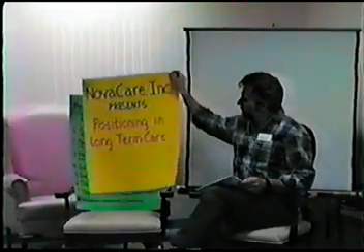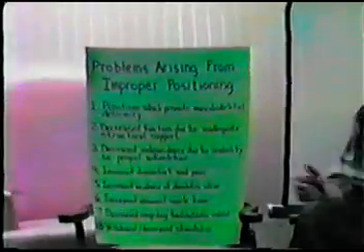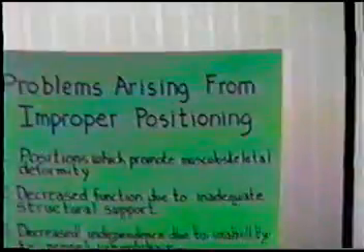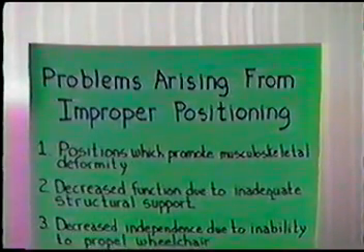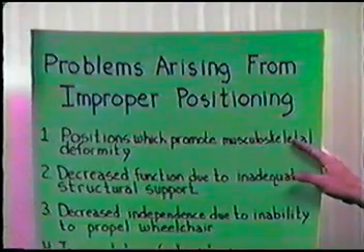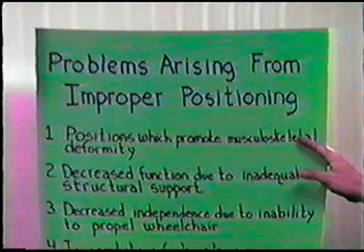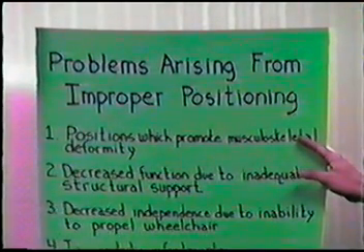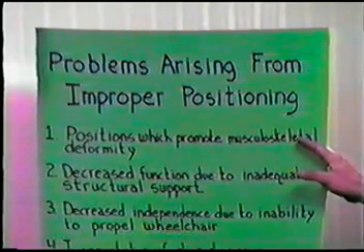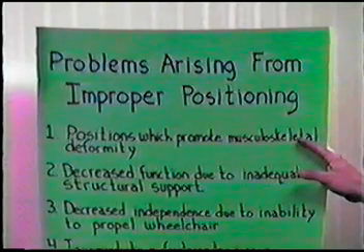One of the areas we'd like to look at are some of the problems that arise from improper positioning. Some of the problems we experience in long-term care are positions which promote musculoskeletal deformity. That could be due to a number of causes. It could be due to abnormal tone or habitual posturing without intervention, total flexion patterns, total extension patterns, or progressive disease that affects the musculoskeletal system. It could also be a function of the wheelchair design itself, which is something we'll take a look at a